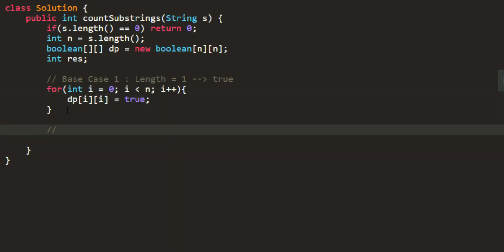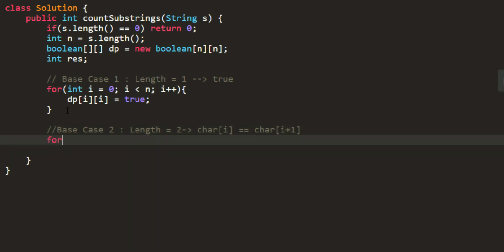Now comes the second base case, that is length equals to 2. So there I'll be calculating the character at I is equal to character at I plus 1 or not. So over here I'll only go till n minus 1 because I am taking I plus 1 also.